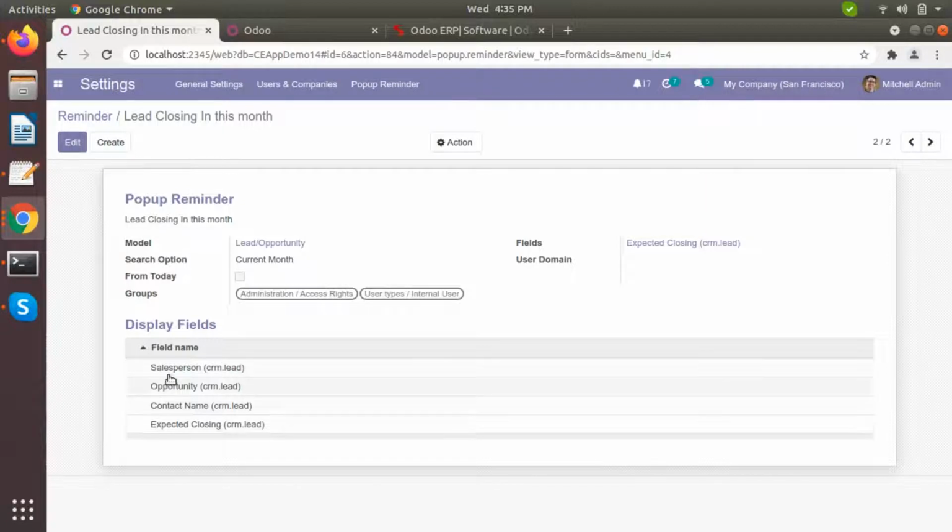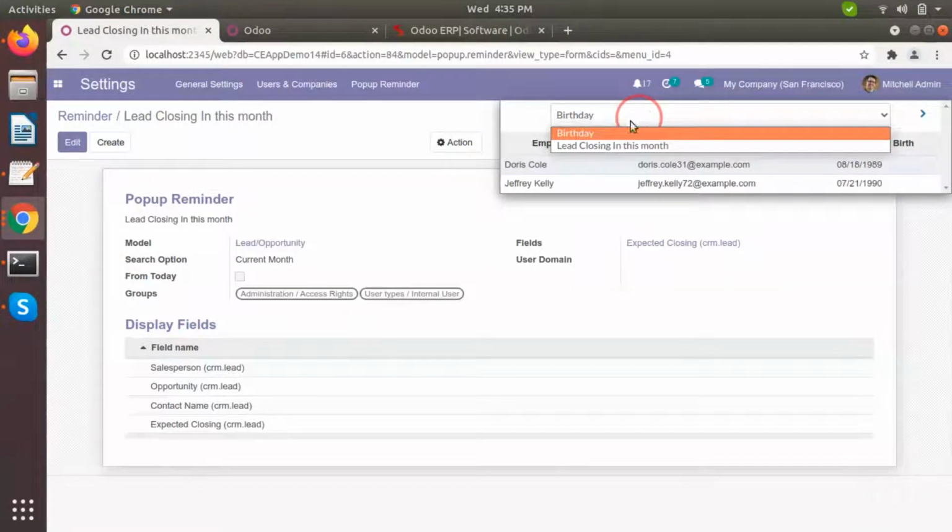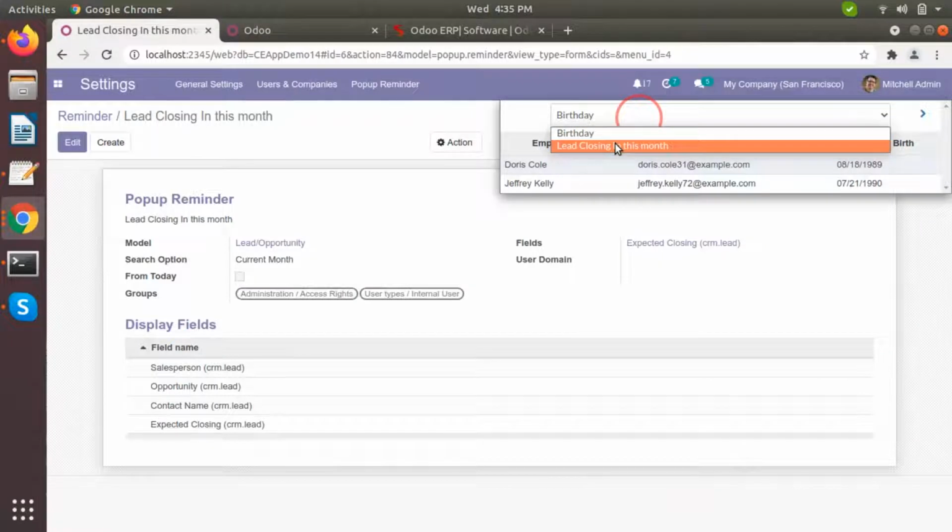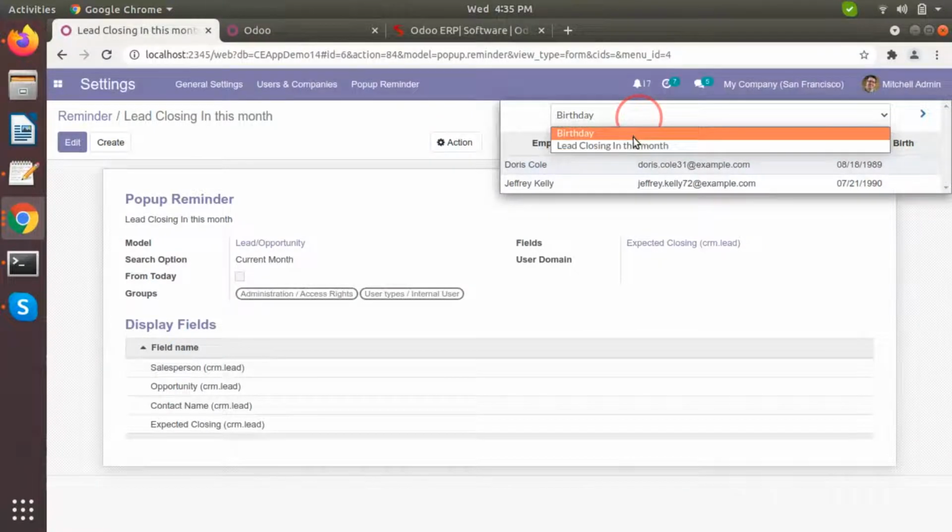Once we have saved this, we simply need to go and select that pop-up in this bell icon.